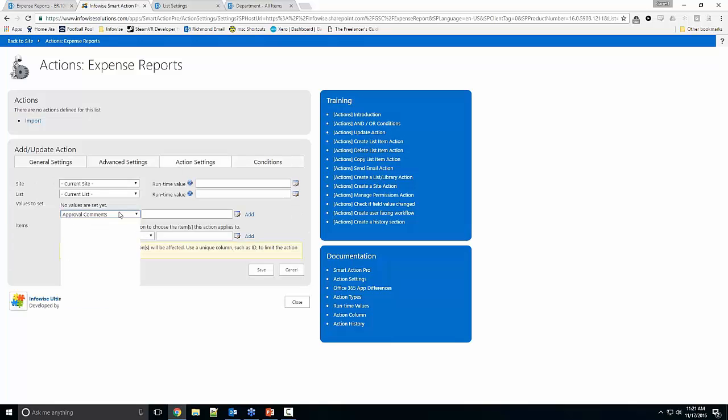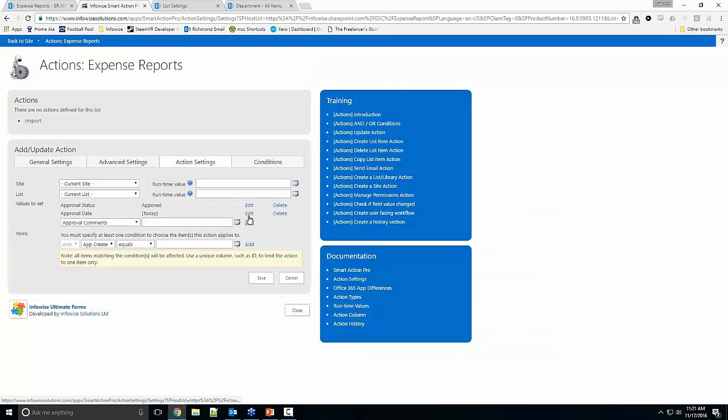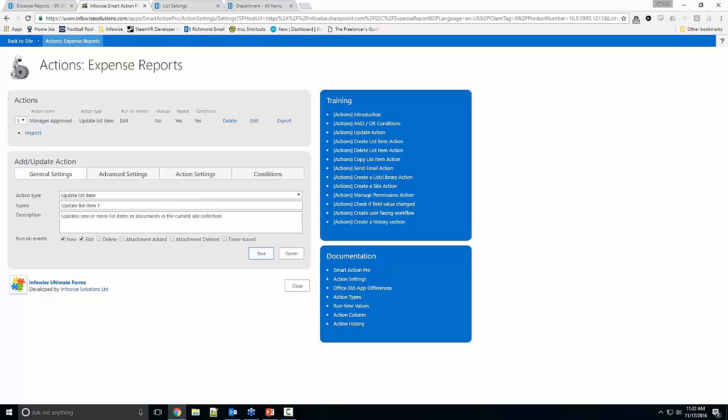What we're going to do with the action is set up that approval status to approved, and then we're also going to set the approval date to today. Very simple to do that. Great. And then lastly, we need to limit the item so it only applies to the active item. We don't want to have one manager approving something and have everything in the system be approved. So we're going to limit that to the existing item. Great. So we'll save this action. And now